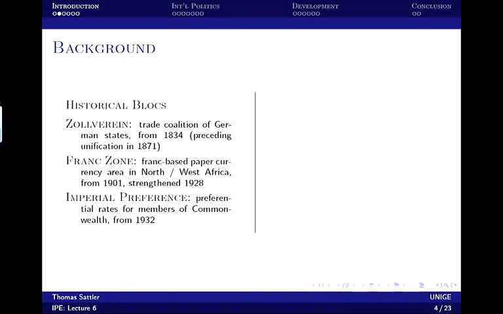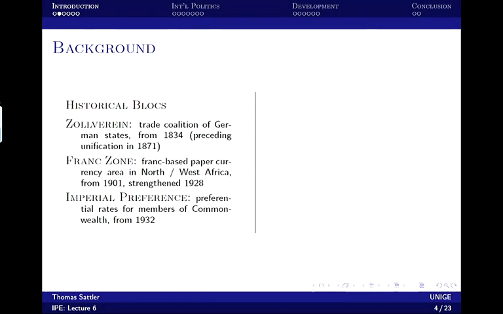So those agreements are very different. The first one is more trade promoting, and the Cobden-Chevalier Treaty, which also falls into this period in 1860, also is an agreement that has the intention to promote trade. While those two here are trade diverting, they try to redirect trade away from your competitor countries to discriminate them.